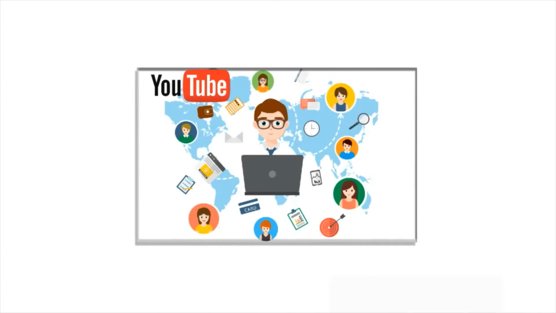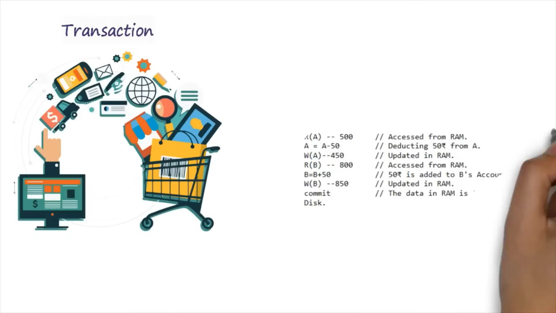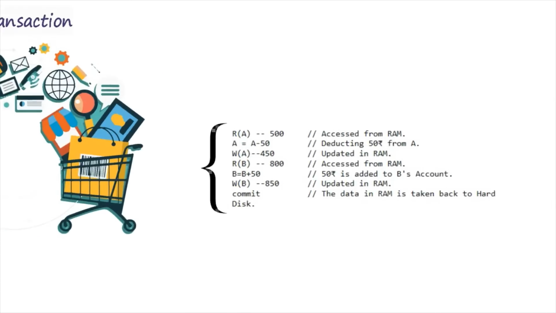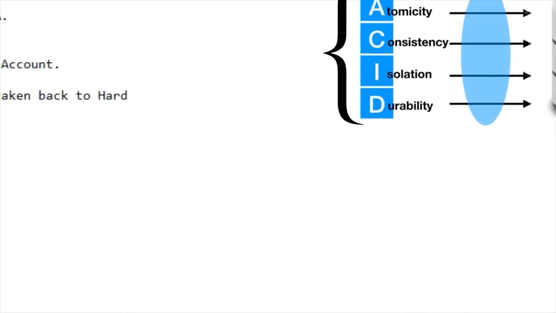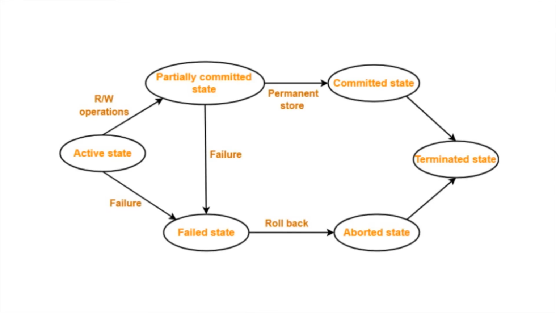In the previous class, we discussed that a transaction is a set of logically related operations. So these are the example operations that a transaction may have. Also, I discussed one more point, that is ACID properties. Each and every transaction will follow the ACID properties so that it can ensure consistency in the database. Today we have to understand the second point, that is, a transaction goes through different states through its life